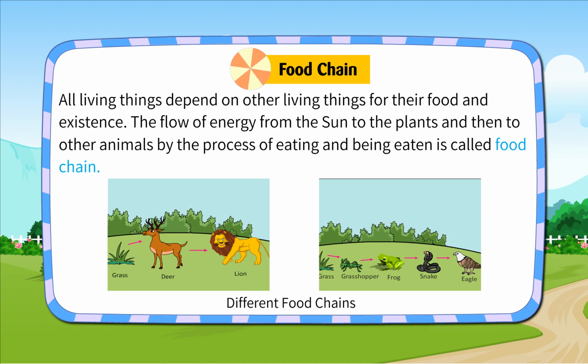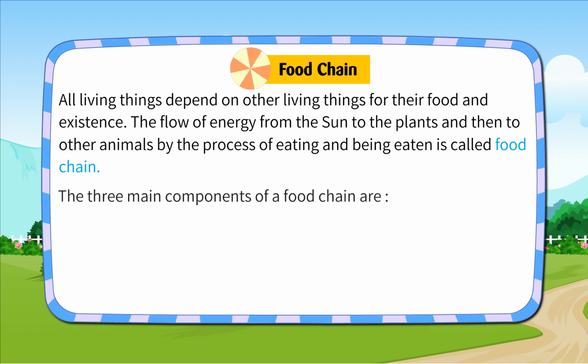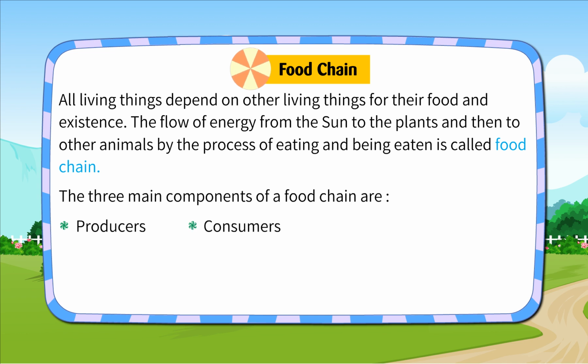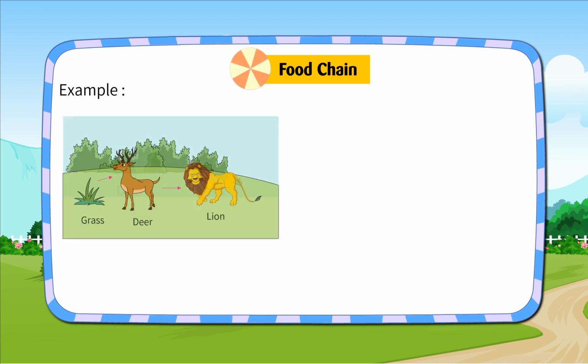Food chain. All living things depend on other living things for their food and existence. The flow of energy from the sun to the plants and then to other animals by the process of eating and being eaten is called food chain. The three main components of a food chain are producers, consumers, decomposers. Example: